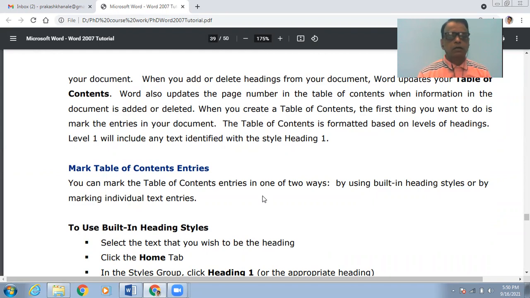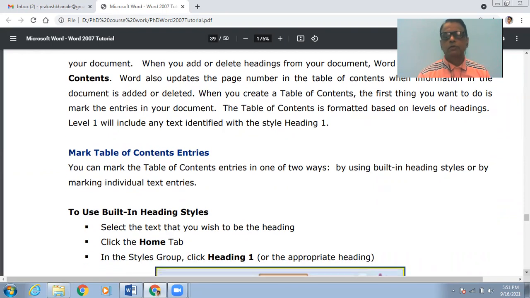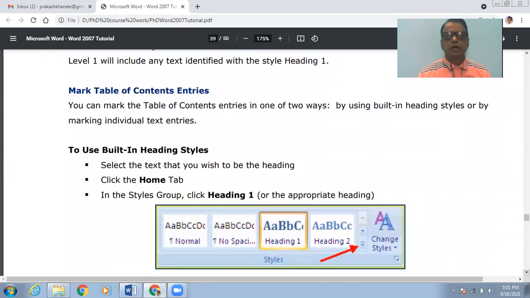Now you can mark the table of content entries in one of two ways: either make use of the built-in heading style, or mark the individual text entries. Using the built-in heading style is the easiest way. Otherwise, you can mark the individual text entries, whatever you want to add into the table of content.